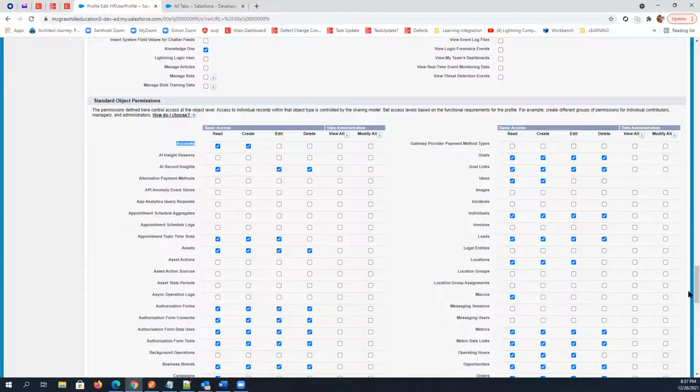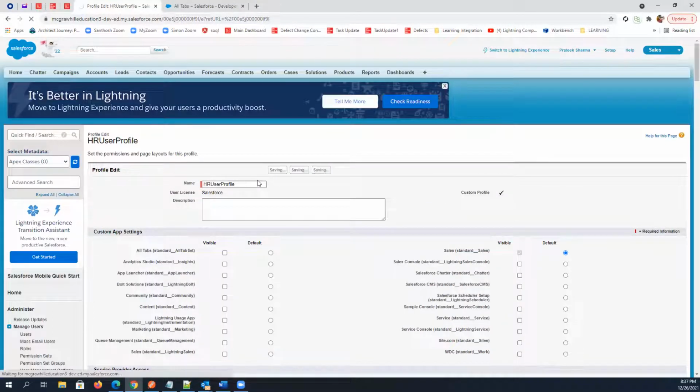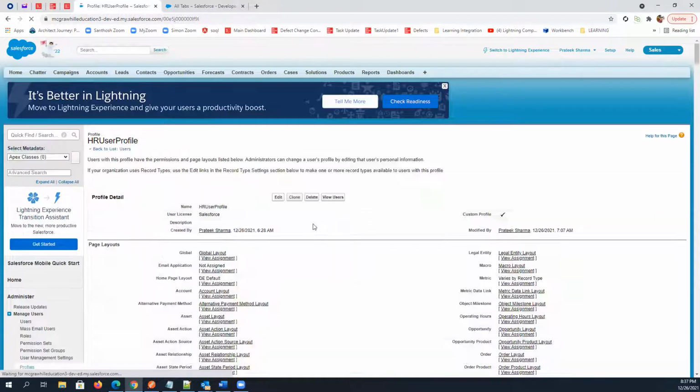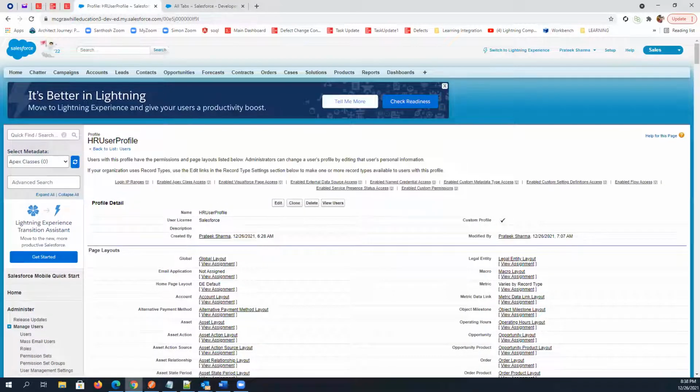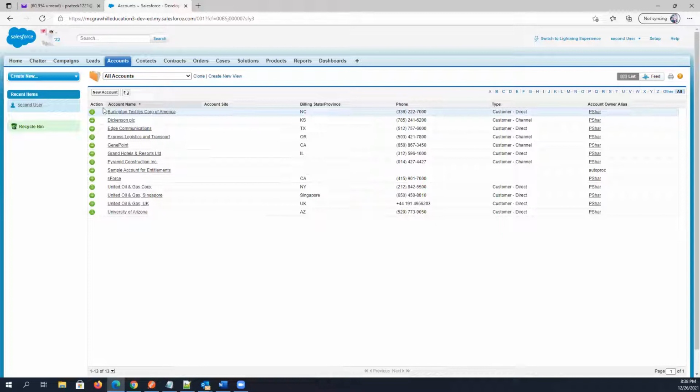Yes. And just hit save. Done. Now you can simply go here, and if you refresh this screen, then you cannot see the edit and delete buttons now. Clear, everyone?